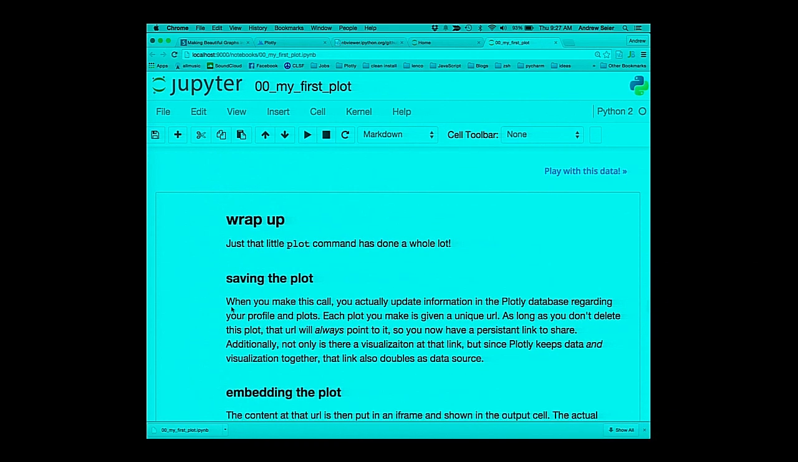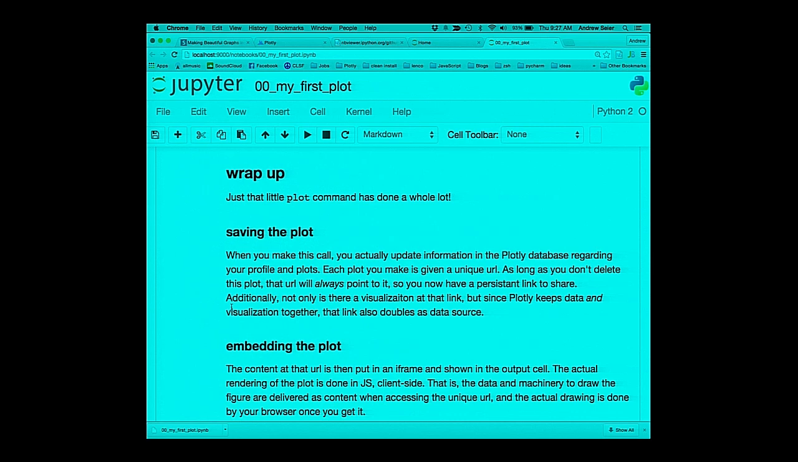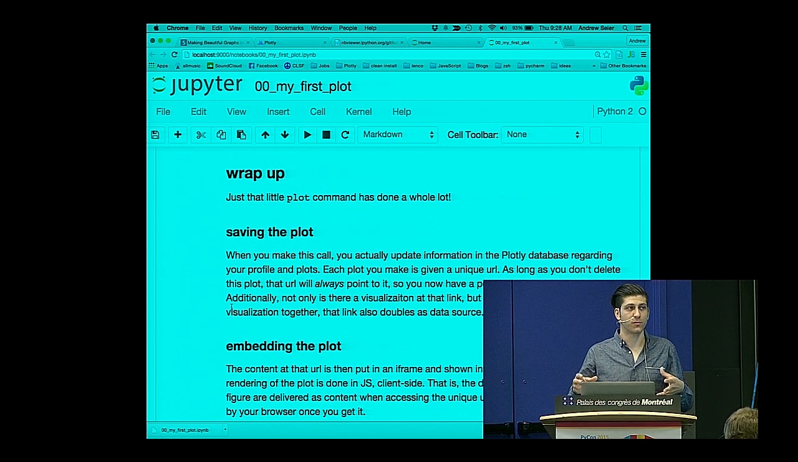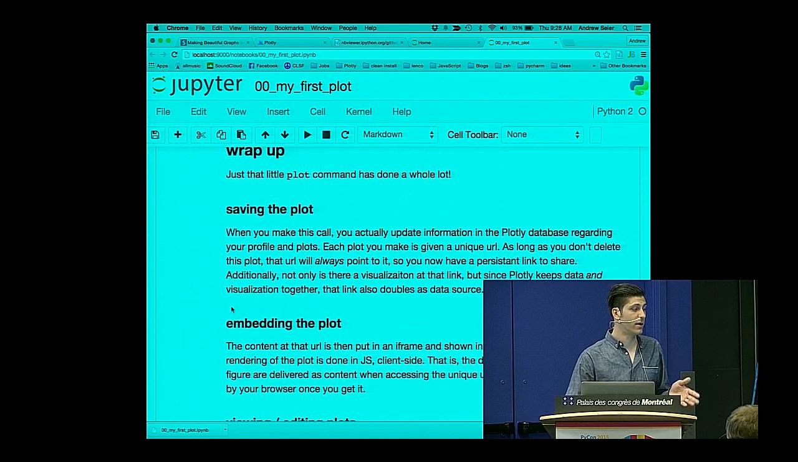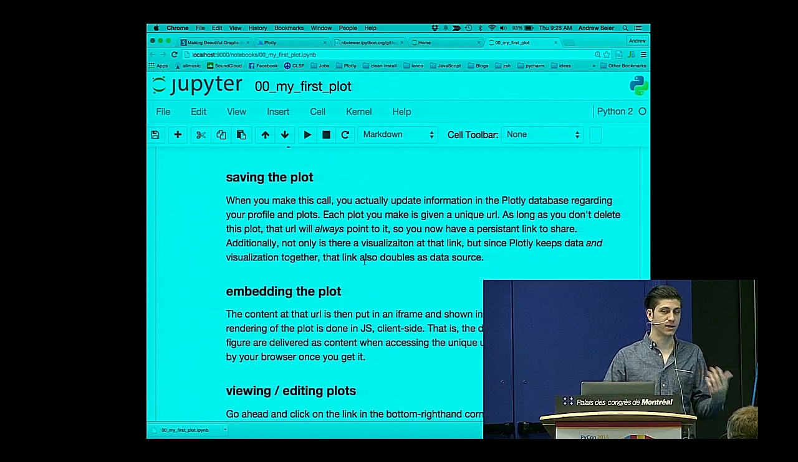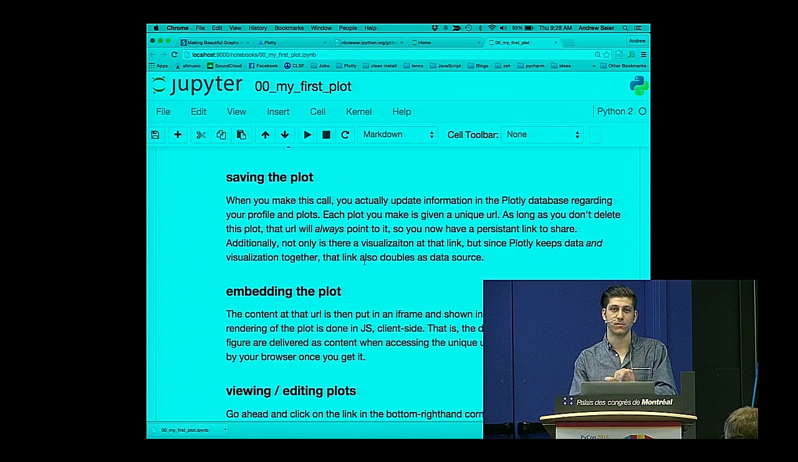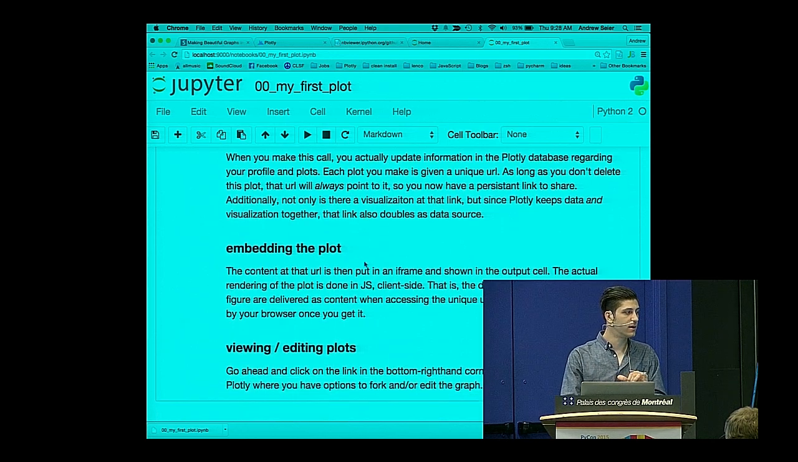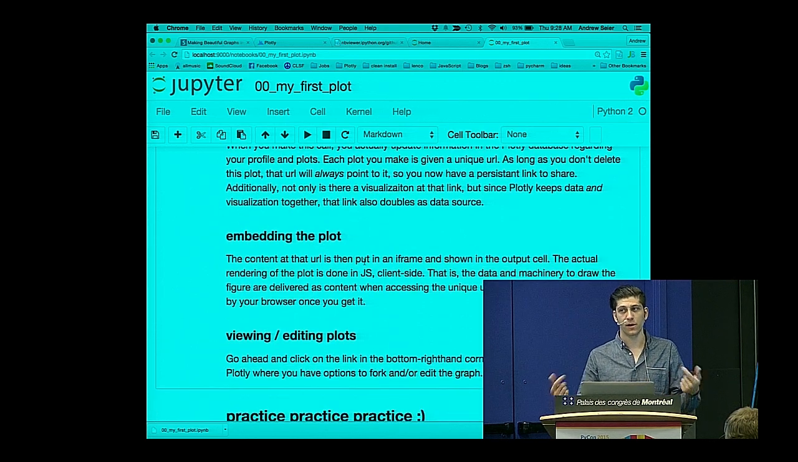Okay, so I'm going to wrap up what we've gone through so far. The plot command I already explained is making a call to Plotly. You're updating your own data on Plotly when you call plot or iplot, which wraps plot. Then that information updates, you get a URL back, which is the same thing you can share with everybody. And then you can embed that anywhere. We embed it in an iframe in the IPython notebook, but you can embed that by just going